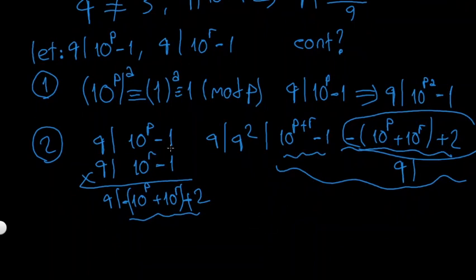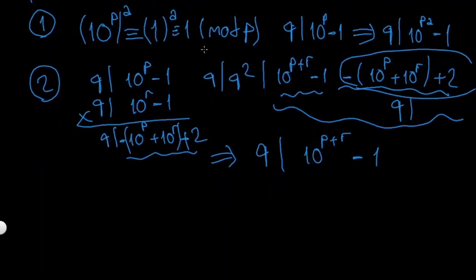So this means that if q divides 10 to the p minus 1 and 10 to the r minus 1, q will also divide 10 to the p plus r minus 1. Okay, so we can just add the powers. And at the first step, we learned that we can just multiply the powers by something. So I can also combine these two and make it like a linear combination. So from this 1 and 2, I can say that